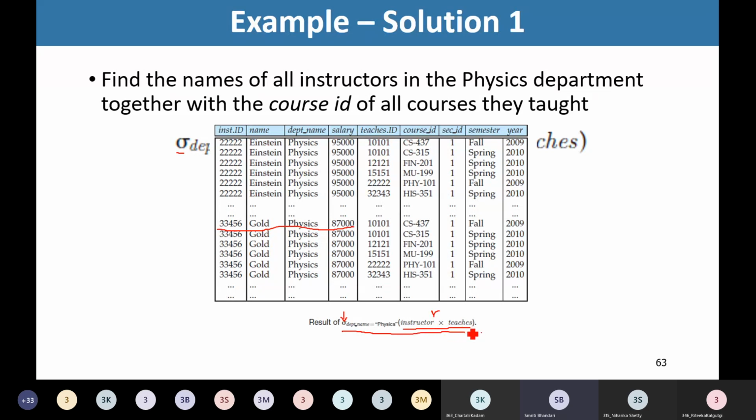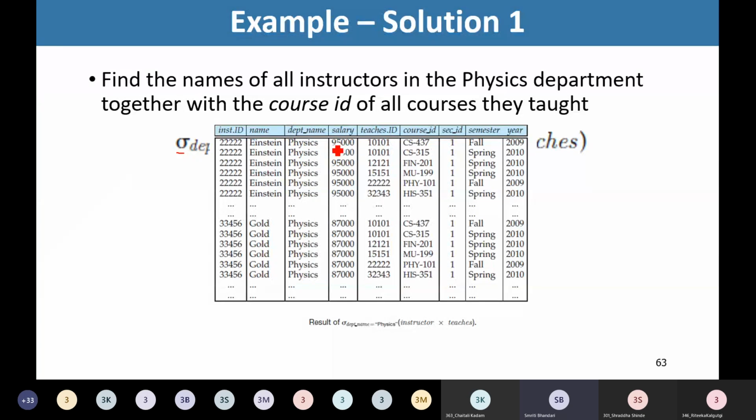So first this cross product is being computed, and whatever is this cross product, this condition gets imposed, so that we can come up with only those records out of this cross product that satisfy the condition that department name equal to physics. So that is the first step. Why we are saying that some data is irrelevant here? If we look at this intermediate result, then we find that here instructor ID 22222, whose name is Einstein, department